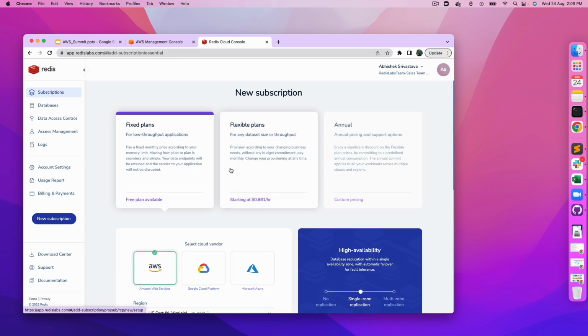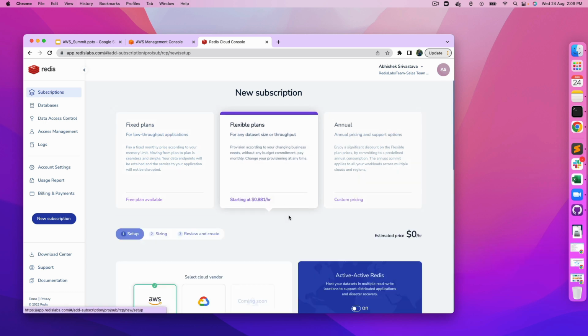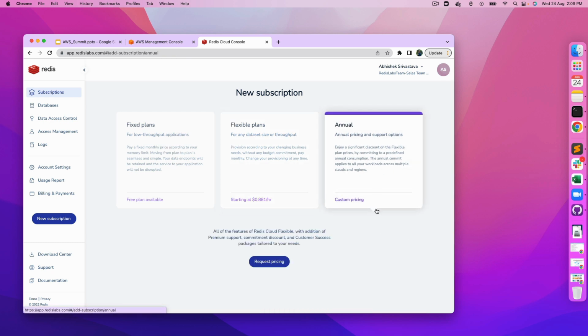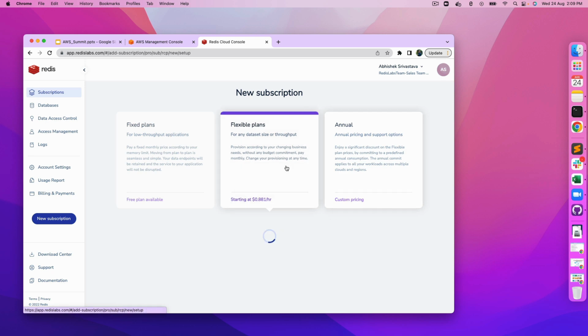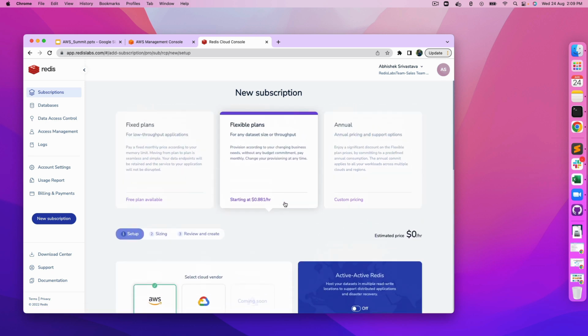So there are three plans: fixed plan, which is a kind of a plan for developers and QA environments, not for the production workload. Then we have the flexible plan. This actually provides a lot of capability in how you want to spin up your Redis Enterprise cluster. Then we have annual, which is basically for annual commits and long-term usage. So let's click on flexible plan,